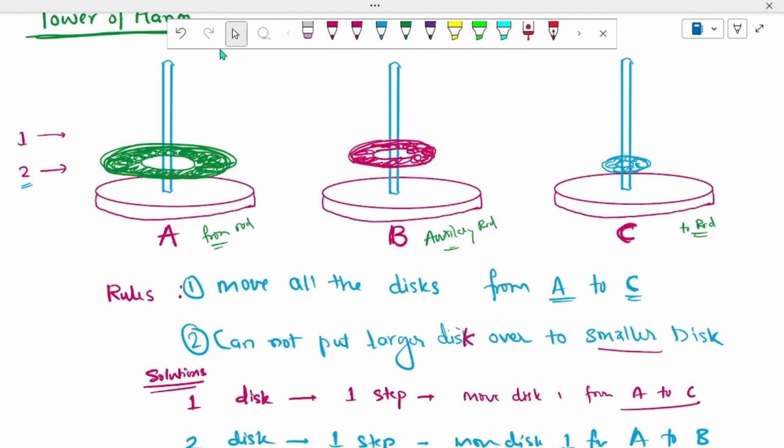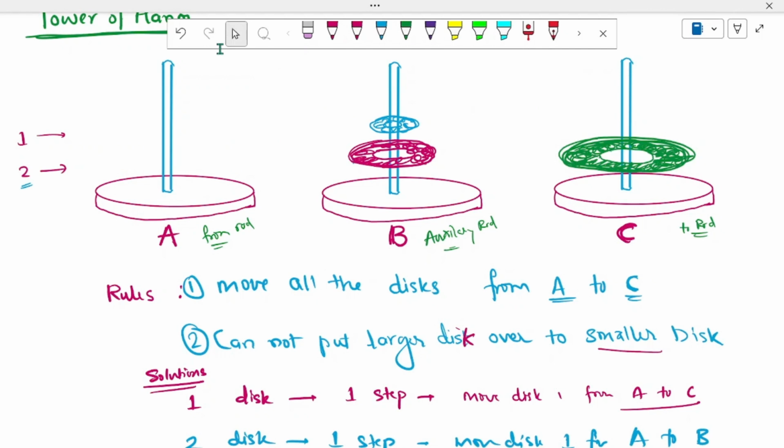So I cannot put it anywhere. I'll make sure that I remove it from here and put it on this, and then this one I'll be putting here, right? Now if you observe, there is a very